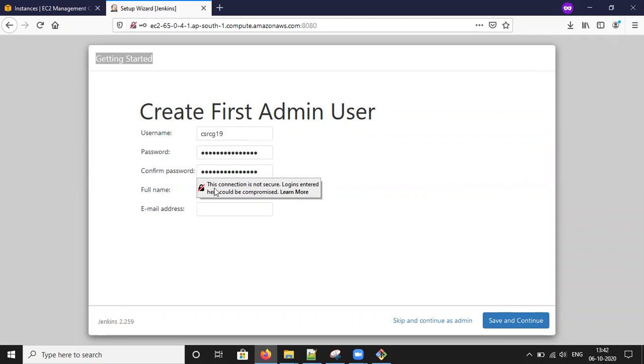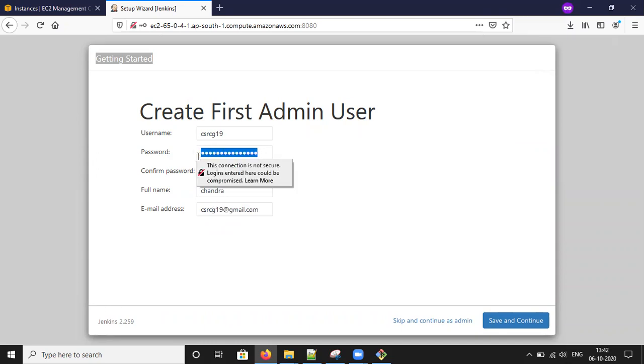Full name can be Chandra. Please make sure these passwords are case sensitive and they should match. Click save and continue.